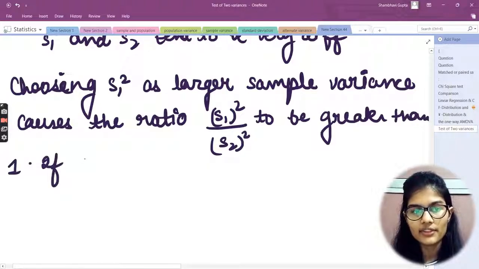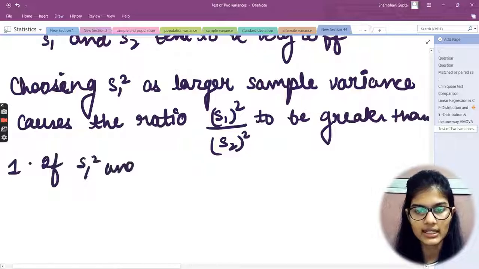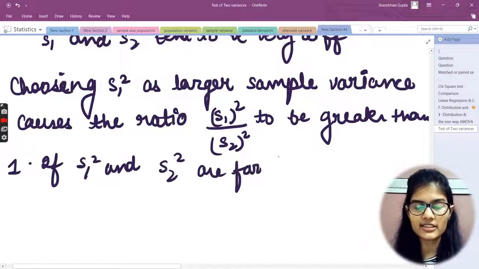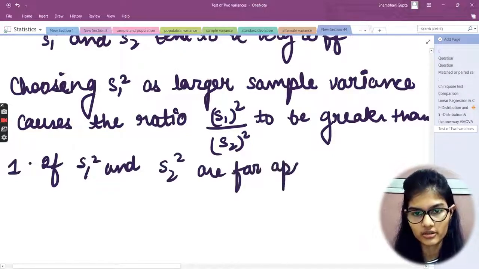Now, if S1 square and S2 square are far apart, far from each other,